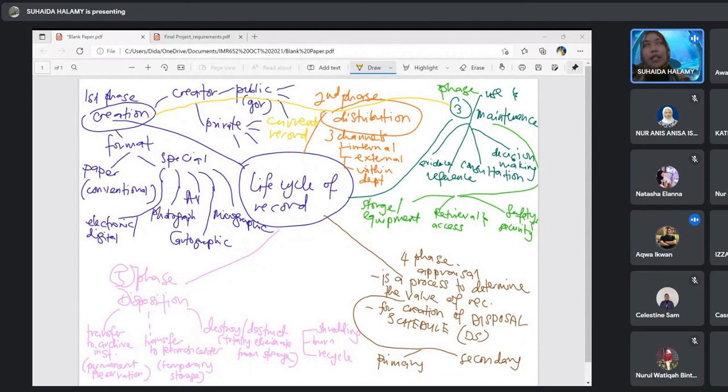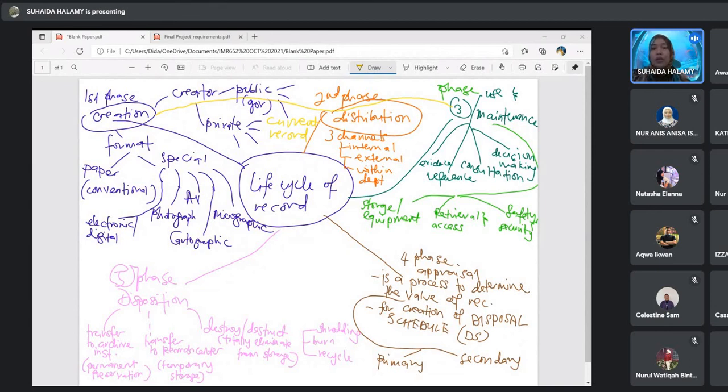Jangan ambil balik perkataan dia, current use. For the current business, for the current organization. Okay, so you mentioned when we talk about definition, current record is a record that is frequently used to conduct current business, to conduct current transaction.